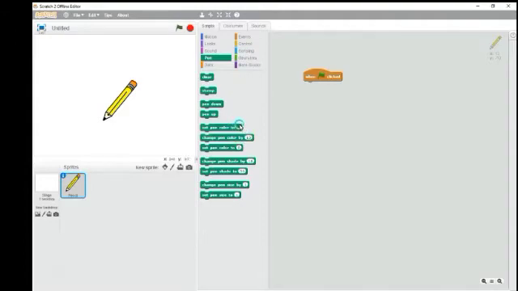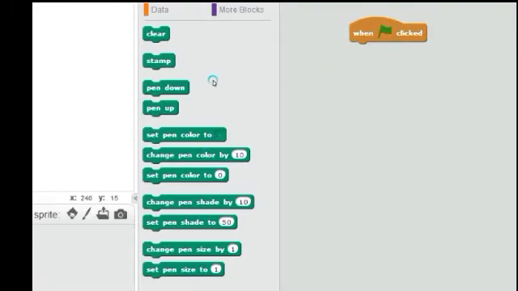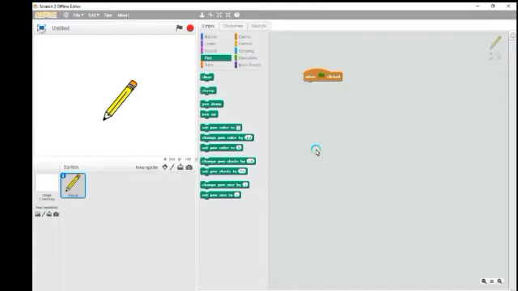Now the next one is set pen color. Children, this code will help me to change the color of my pen. Means with which color it is drawing a line, I can change its color. Even I have set pen color by 10, means I can change the number or increase the number of color. We have in Scratch programming up to 200 colors. Okay, so from the motion block I will use X and Y values to create this code.